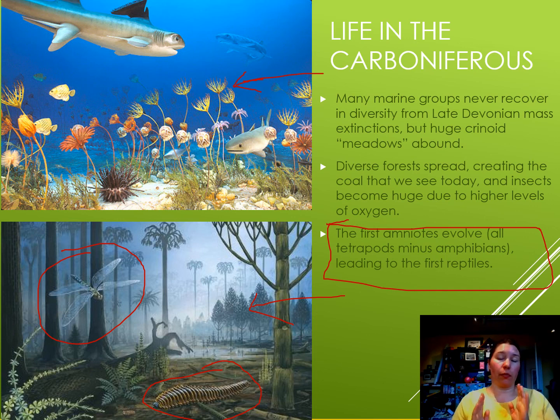For example, our modern amphibians, frogs and salamanders, they can live on land all they want, but they still have to lay their eggs in the water. And when the babies are born, they're little tadpoles, right? They are swimming in the water and they go through metamorphosis, and then they become adults eventually. But they generally have to live near water in order to reproduce.